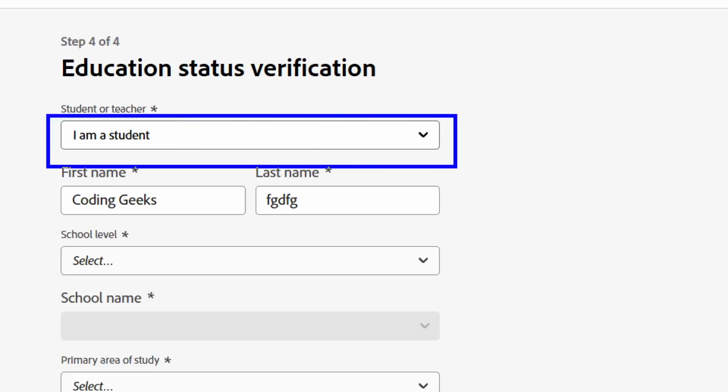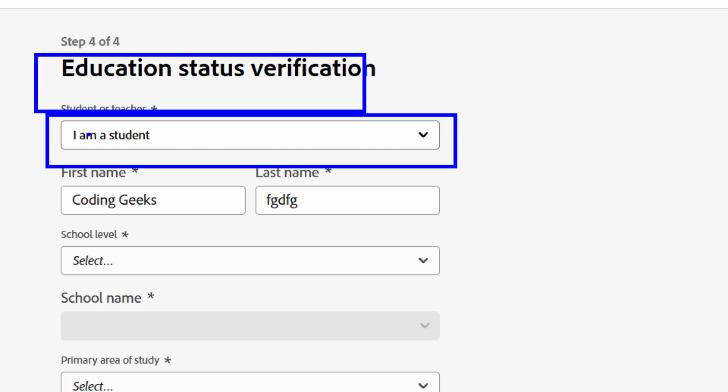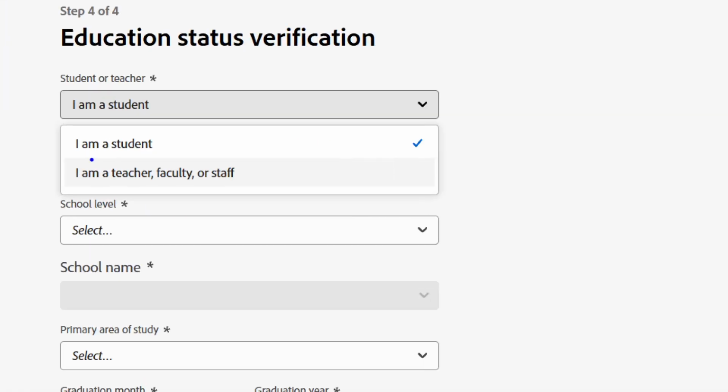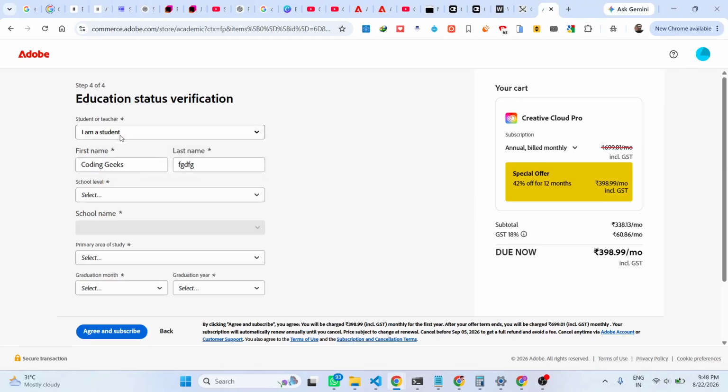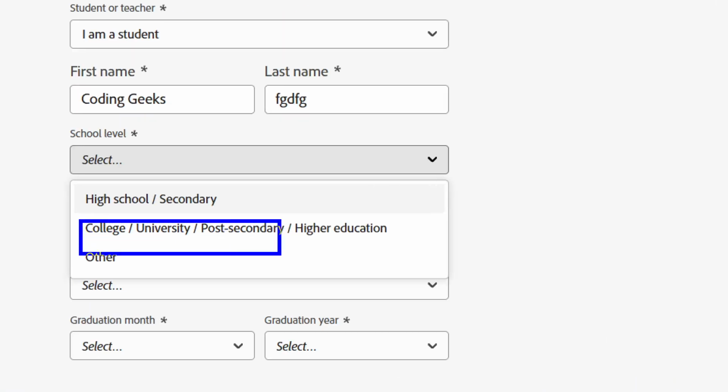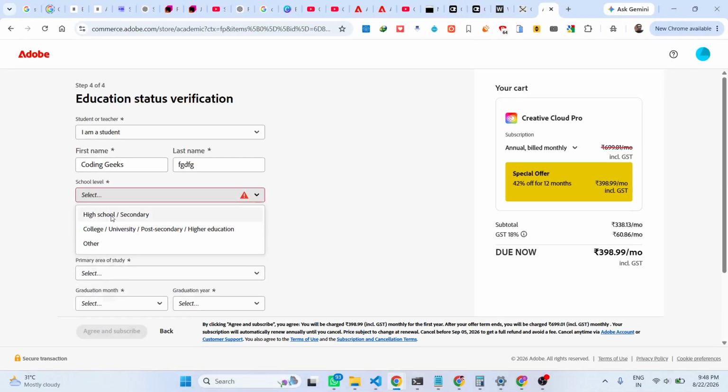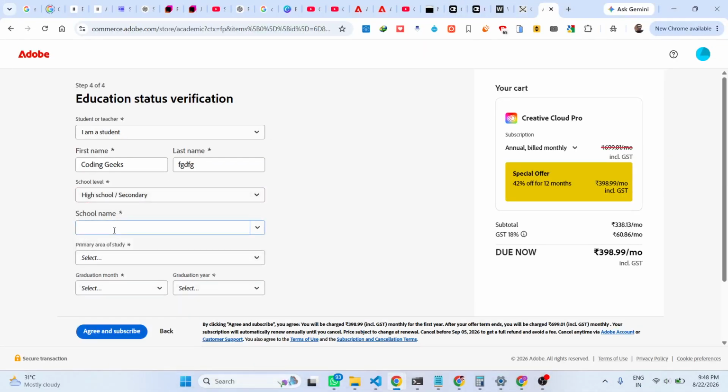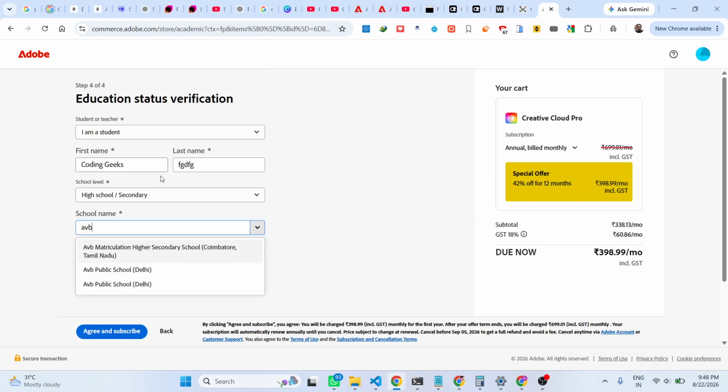It will ask for education status verification, whether you are a student or teacher. Let me select I am a student. You need to give first name, last name, school level. From here you select either college going, university going student, or high school, secondary. And then from here you need to enter your school name,